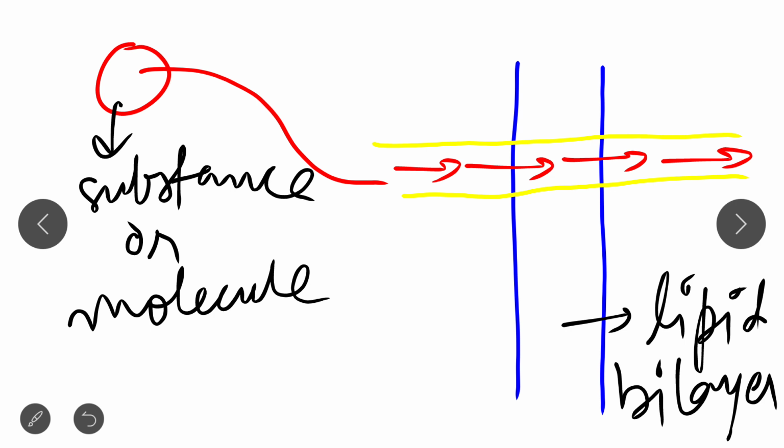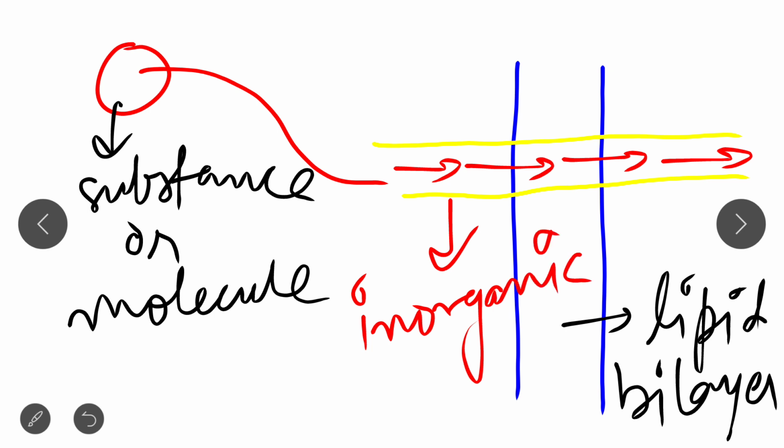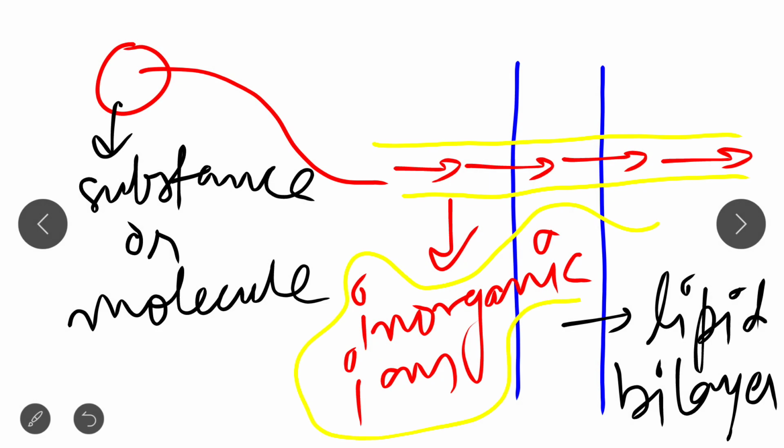Channel mediated protein mainly deals with the transport of inorganic ions. So remember this point, that channel mediated protein helps mainly in the transport of inorganic ions, because many times a question has been asked in the examination about which types of ions channel mediated proteins help transport across the bilayer. So the answer will be inorganic ions. Clear? Now I think you have a clear idea about the carrier and channel mediated protein.